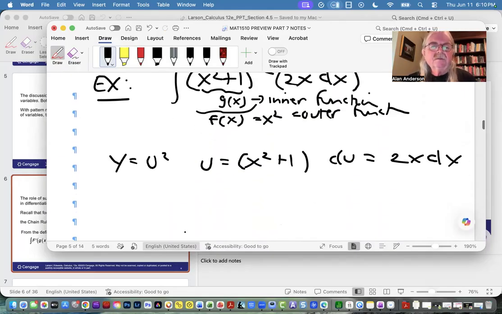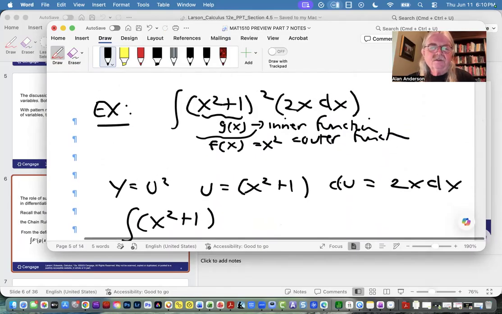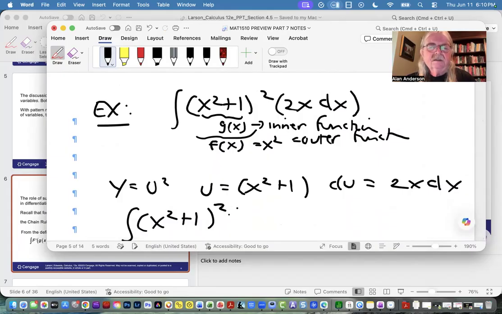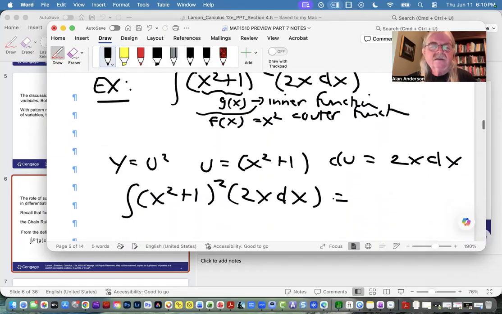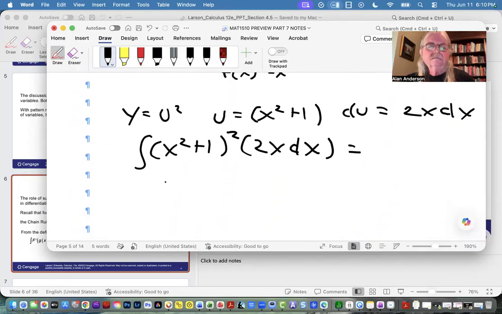So we ultimately end up with x squared plus 1 squared can be rewritten as